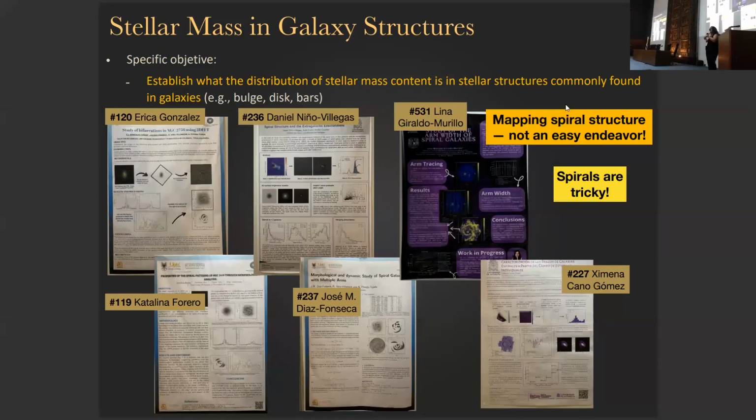These are a lot of students and also non-students, different researchers, who are exploring how to make this distinction between the light that pertains to one stellar structure and the other. Because I have told you, the recipe to go from light to mass is this one, go to the infrared, but you also need to say which part of the galaxy pertains to which structure. And this is just a way of saying that mapping spiral structure specifically, because all of this is only spiral arms, is actually quite tricky.